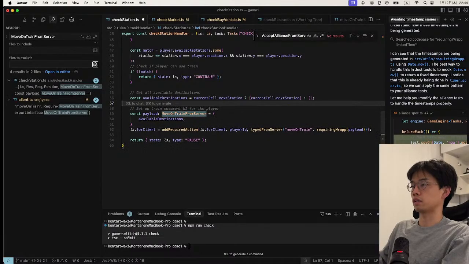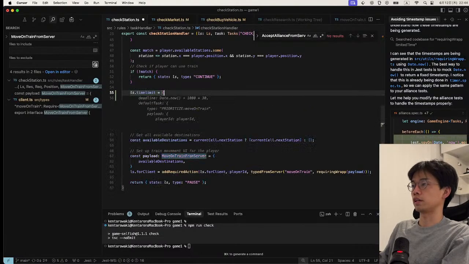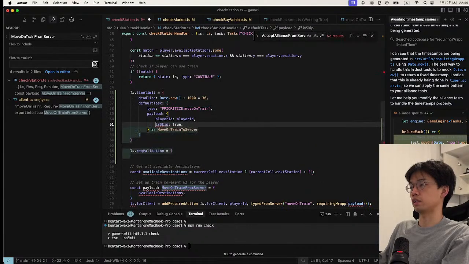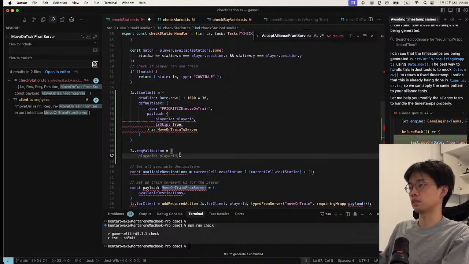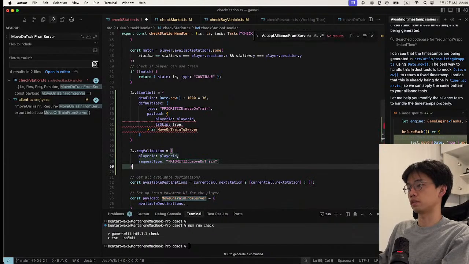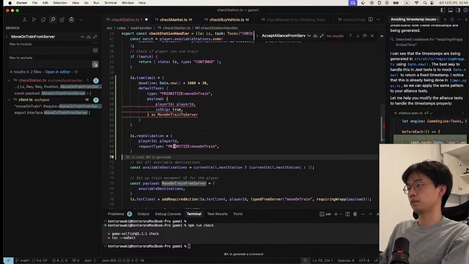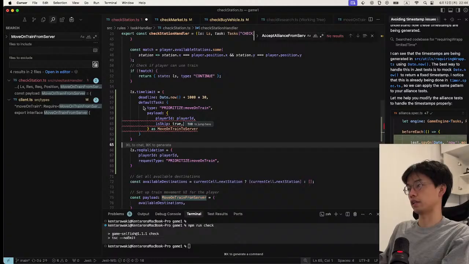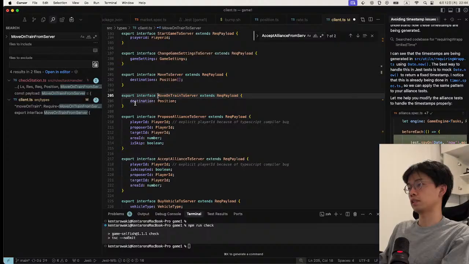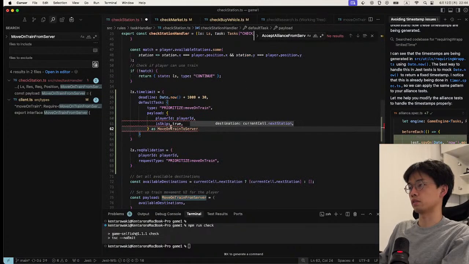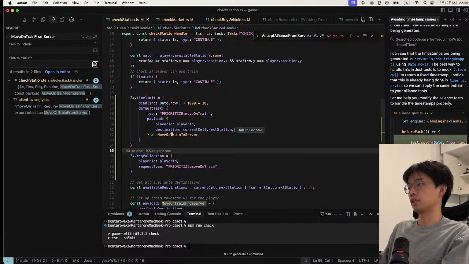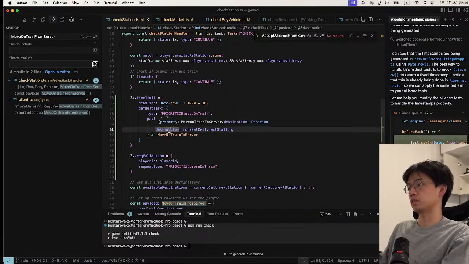So we can add a time limit object here, and request validation is like this, and the request type name is okay, and the type is the same. The payload is destination and player ID, so like this, and the destination is